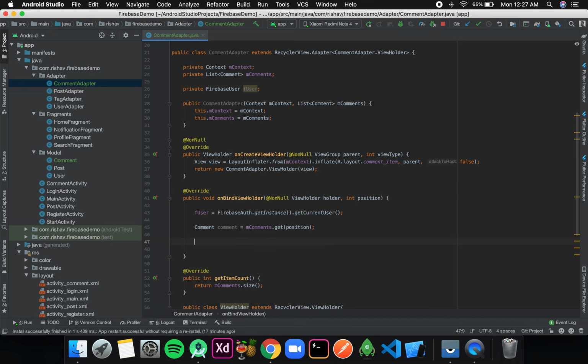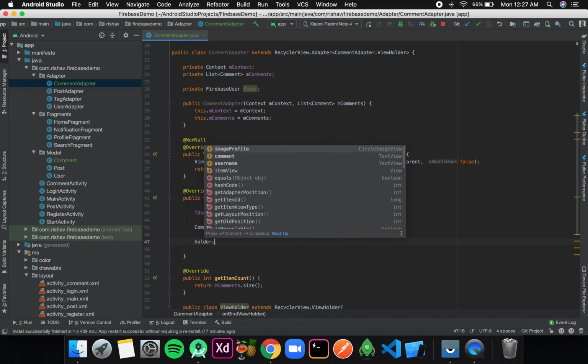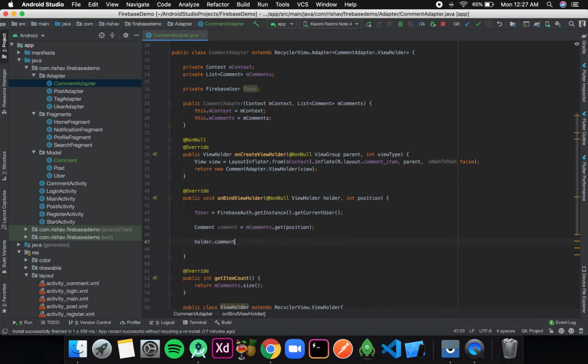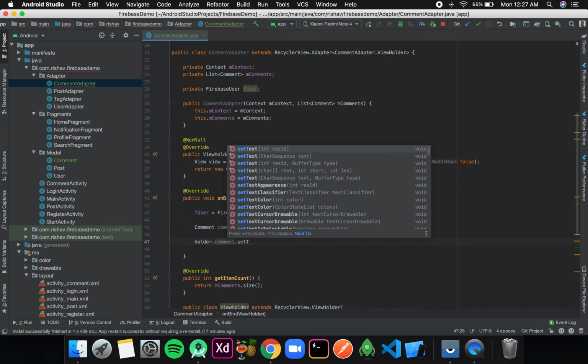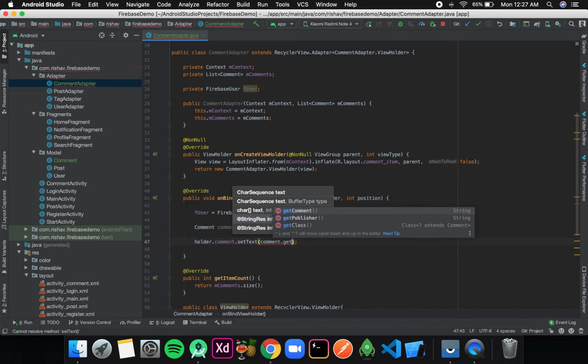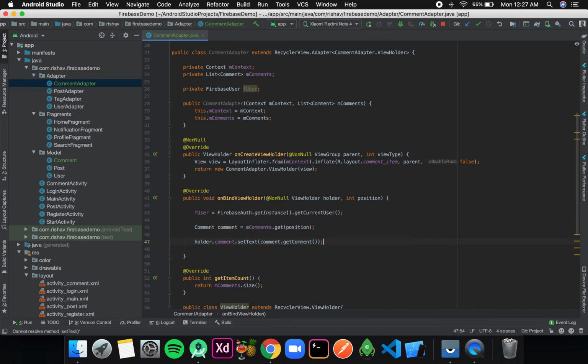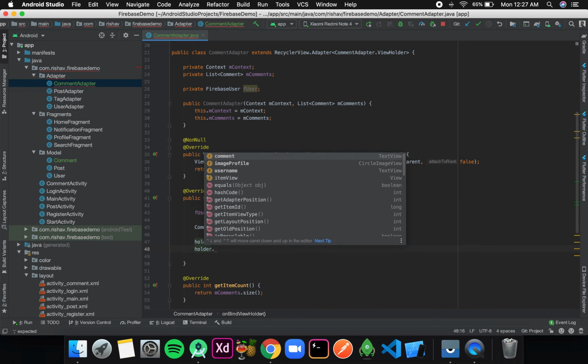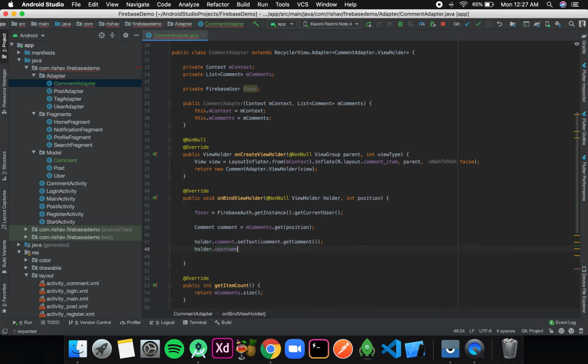Then after that I'll set the values: holder.comment.setText, and that is comment.getComment. And similarly for username I'll write holder.username.